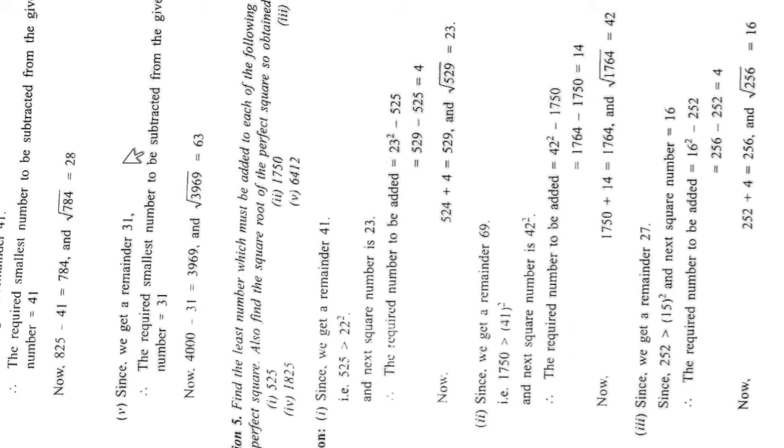Now the next number, 4000. In 4000, divide the number into pairs starting from the unit digit. This is the first pair and this is the second one. Now below 40 the nearest square number is 36. So 6 6s are 36. 40 minus 36 is 4. This 20 will come down. Now 6 plus 6 is 12.